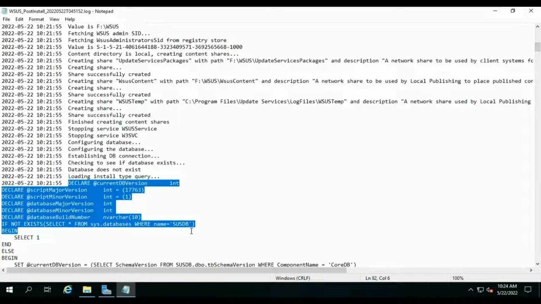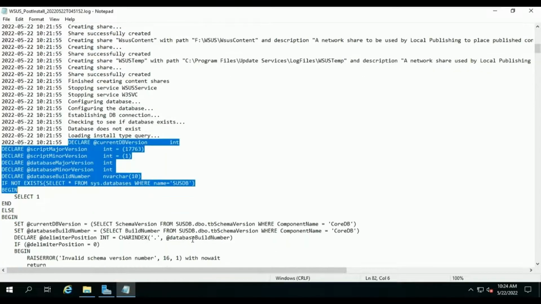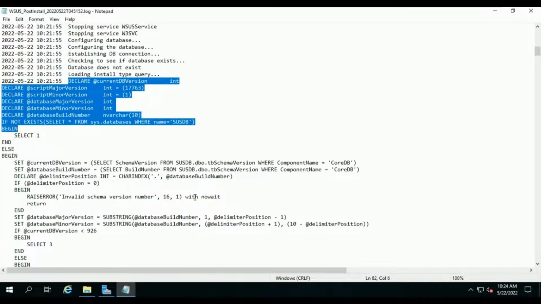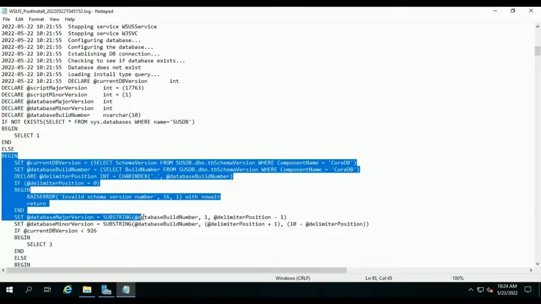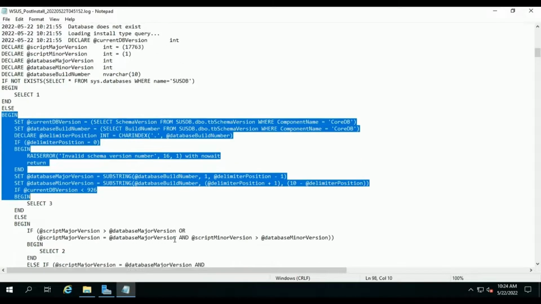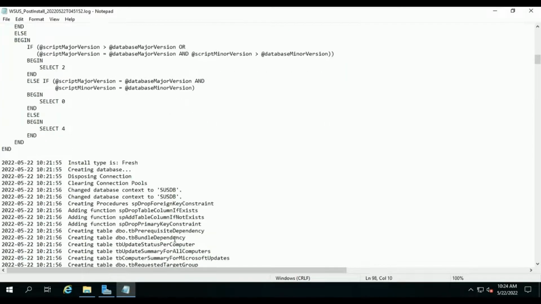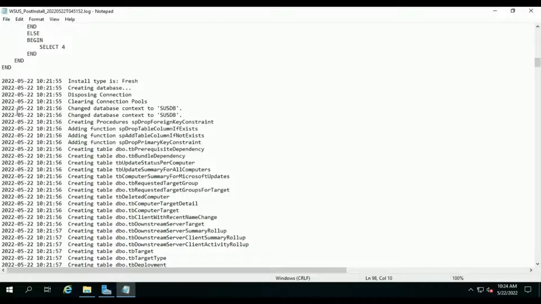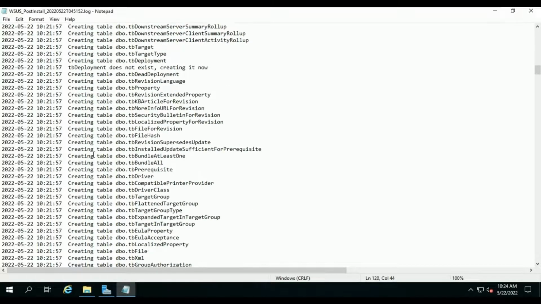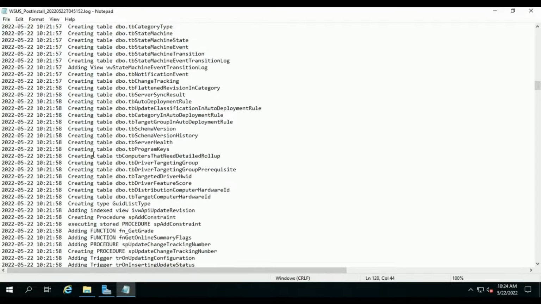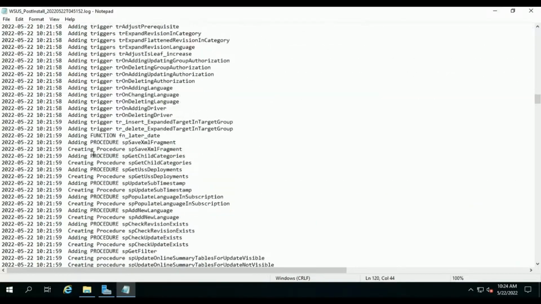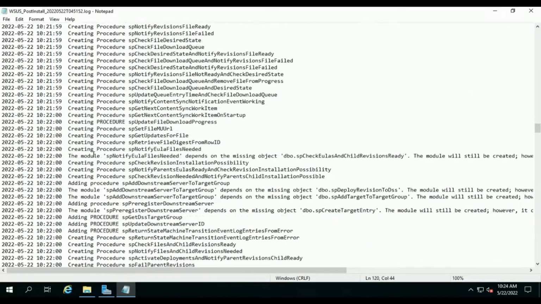Then it will run the DB scripts on the backend to create the database. Then you can see the install type, as it is a fresh installation, hence it is showing as fresh. If you upgrade the database, then it will show as upgrade here. Then it is creating the tables.